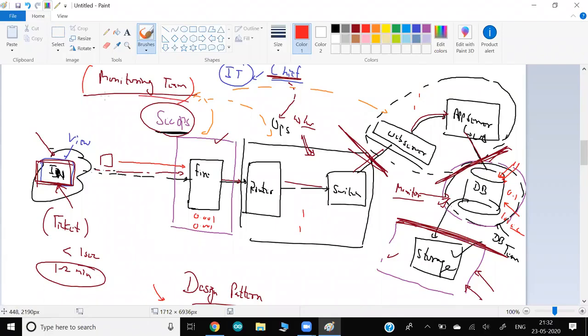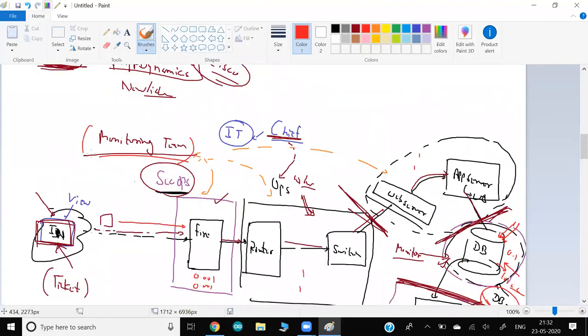So this monitoring team can contact the database guys, and they can also monitor at a very granular level. In a database we have a schema, or we have databases and tables. Which tables are having the issue, which part of the storage is having the issue, maybe because of CPU or other things, we can go to that level also. We can contact the DB guys, and they will fix the issue for you, or do whatever they have been instructed. So that is one of the reasons why we have one centralized team for monitoring.